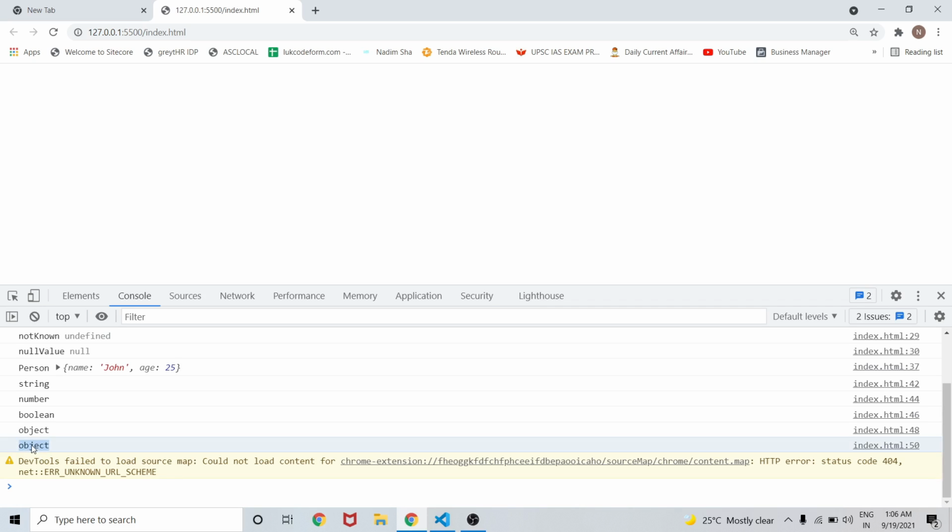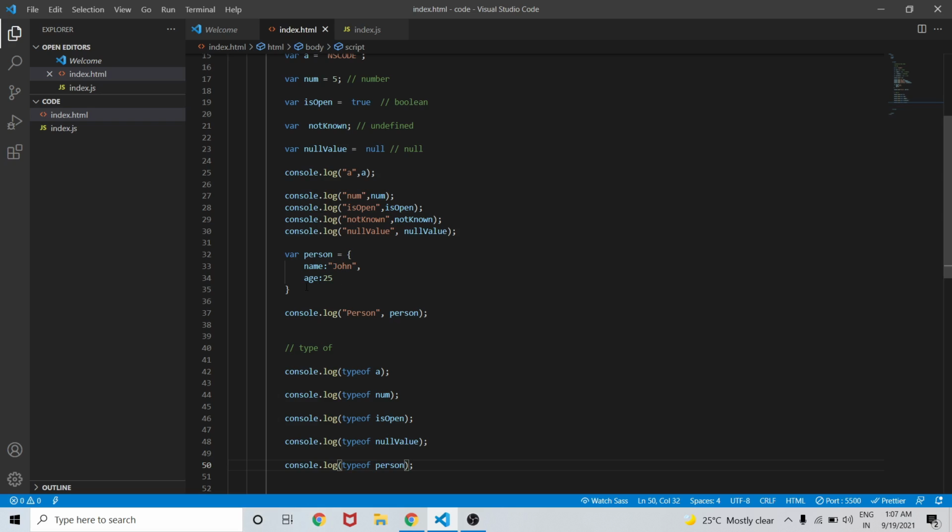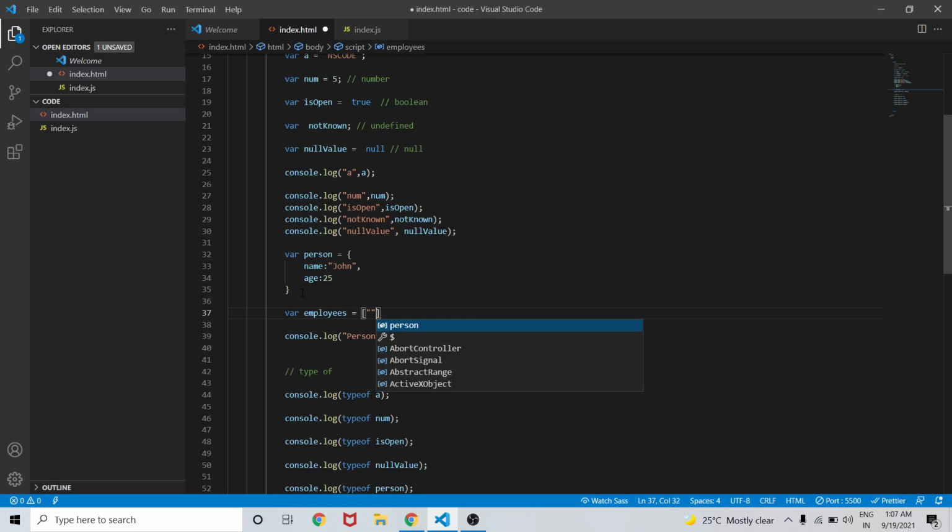So let's go to our editor again. If I create one more variable, let it be employees array, containing some values as the names of employees. The first employee is John, the second employee is Chris, and the third employee is Evans.